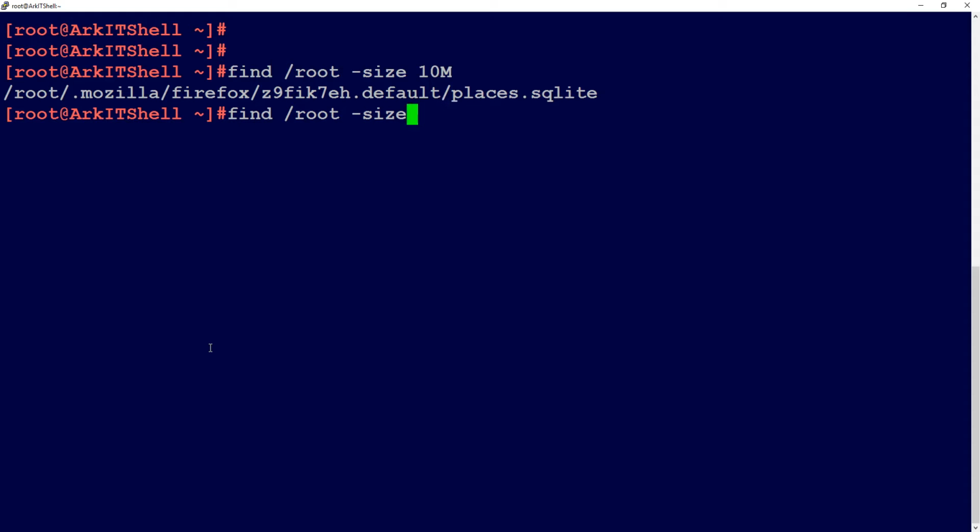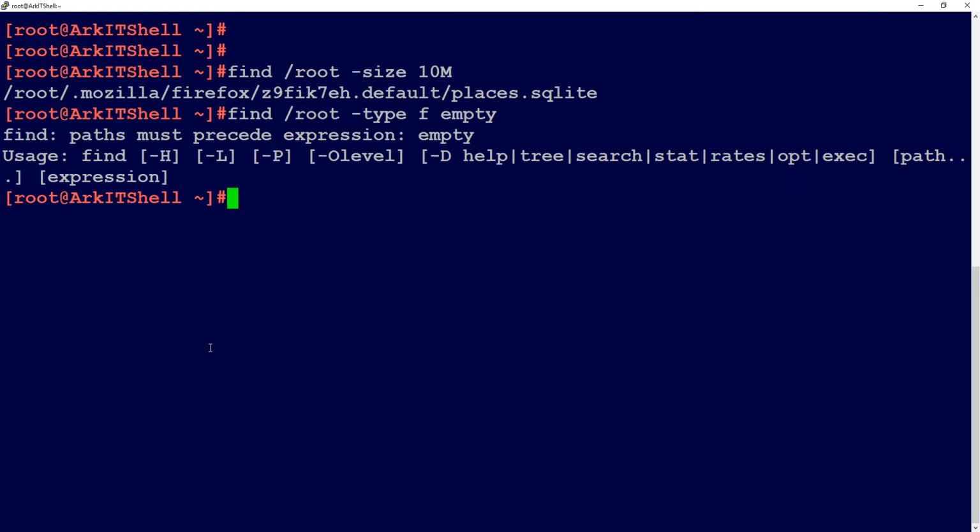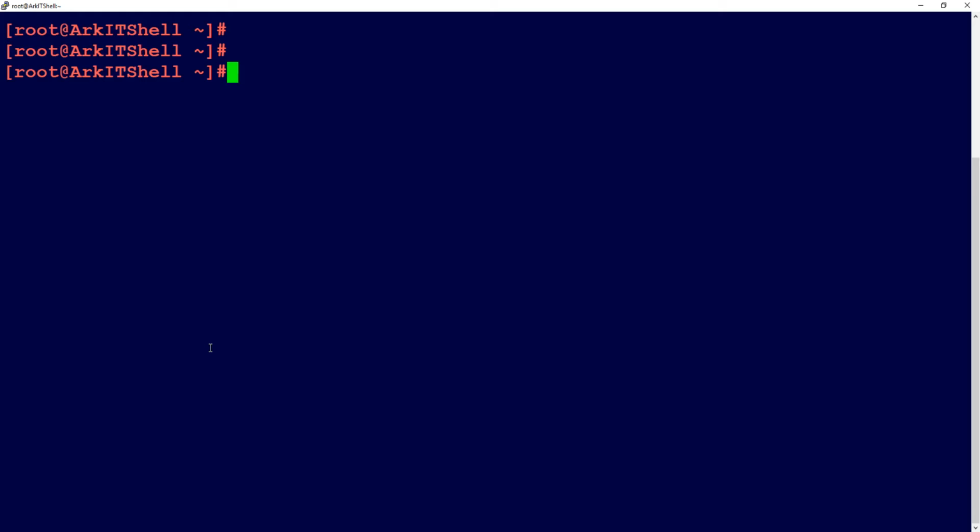Or if I want to search for file types which are empty, you can also use the file type called empty. So in the sense, you must provide the name empty. File type is f, empty. Oops, something went wrong. It's empty only, but why is it not coming? Okay,